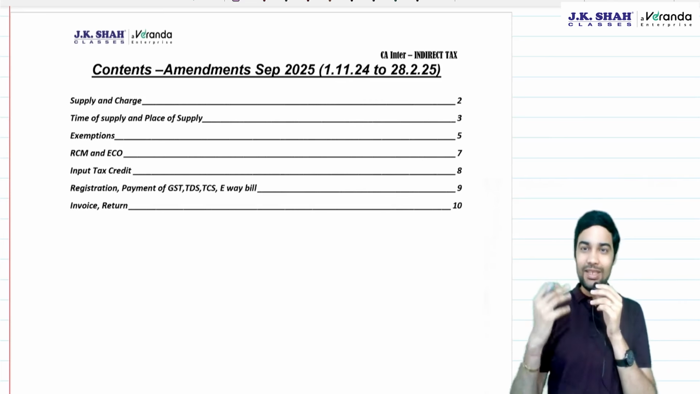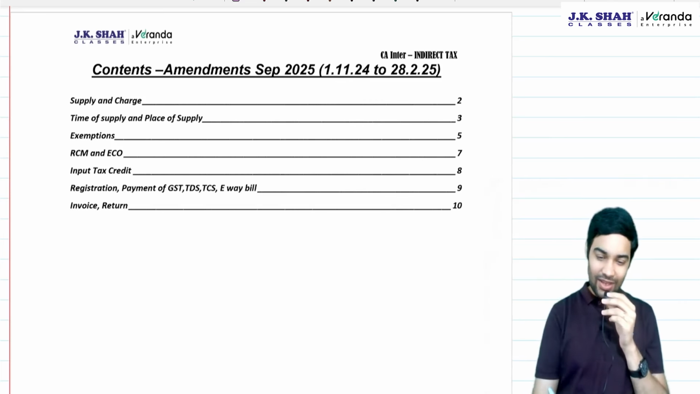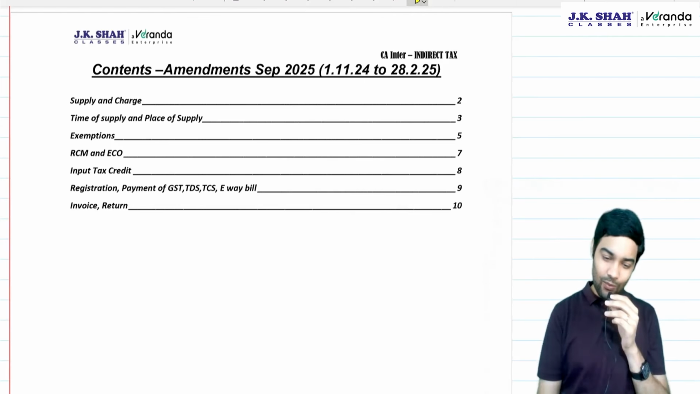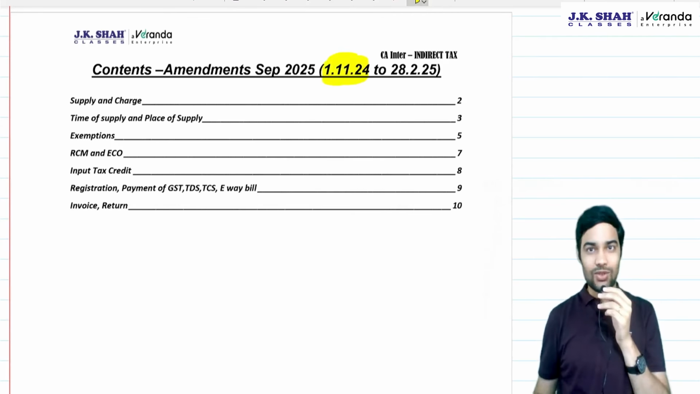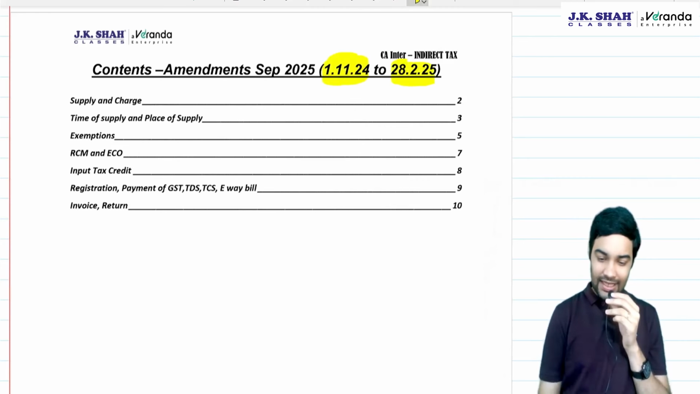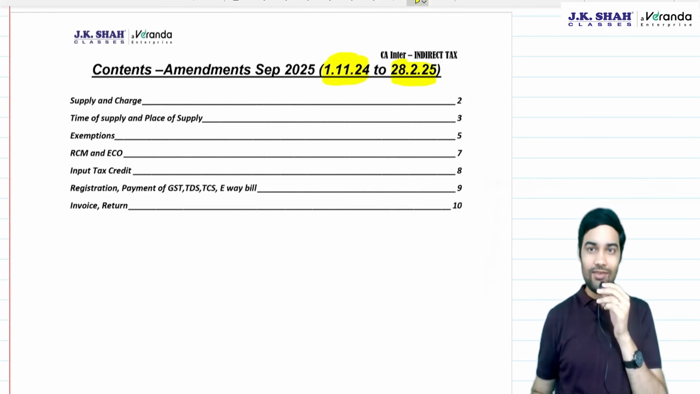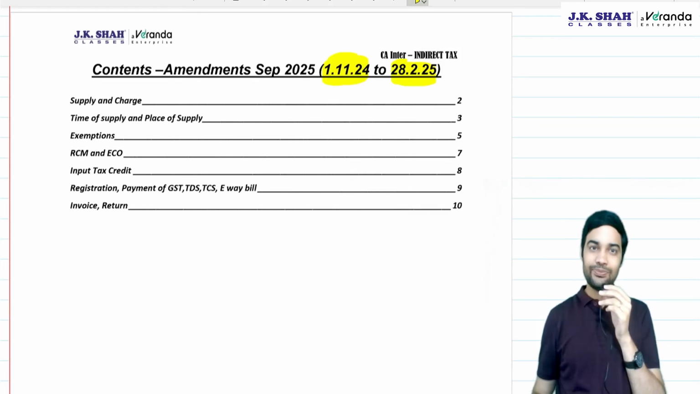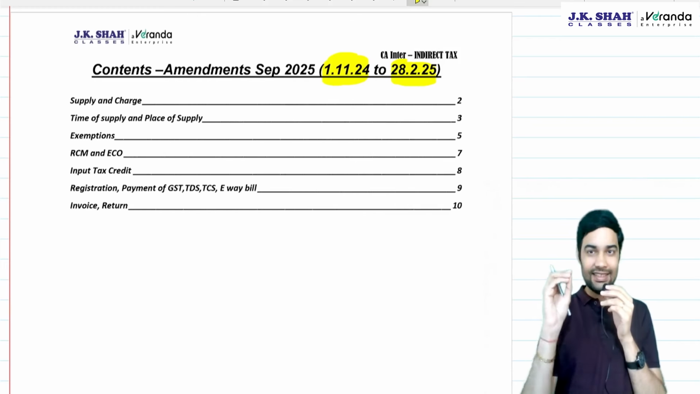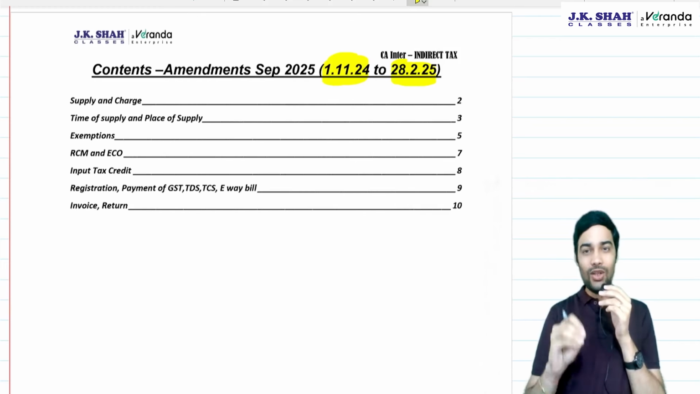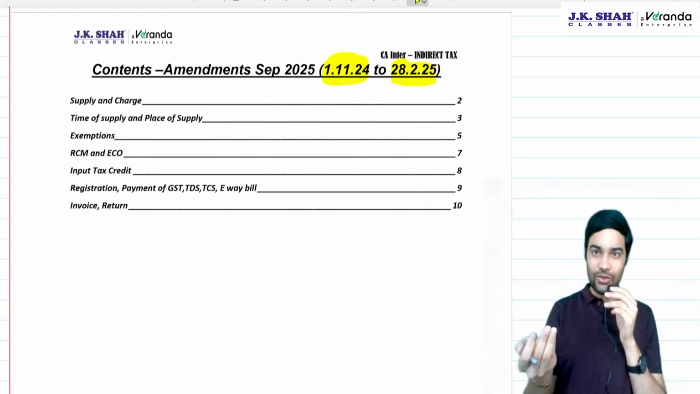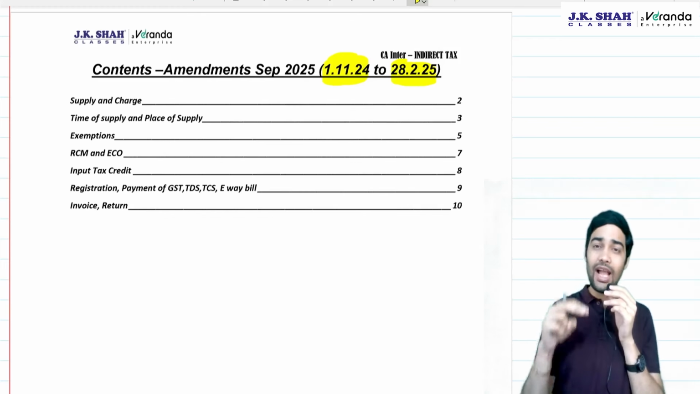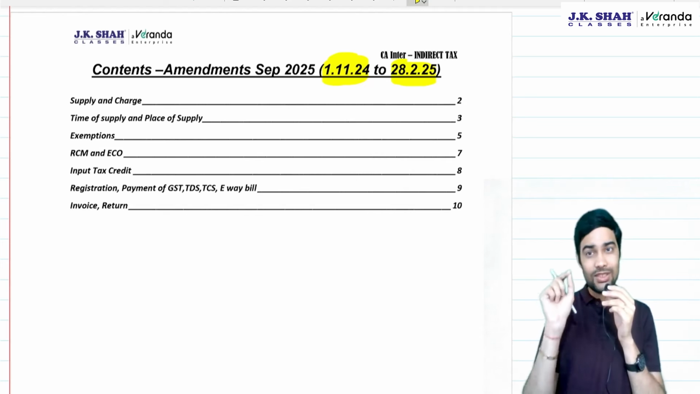Now, let me start with some basics. All the amendments which have taken place from 1/11/2024 to 28/2/2025 are applicable for September 2025 exams. Institute has already released the statutory update. All these are based on that statutory update plus some amendments which have been made effective from 1st November 2024